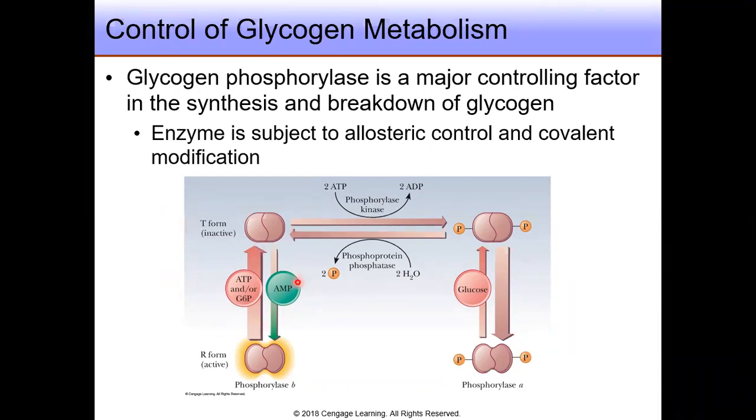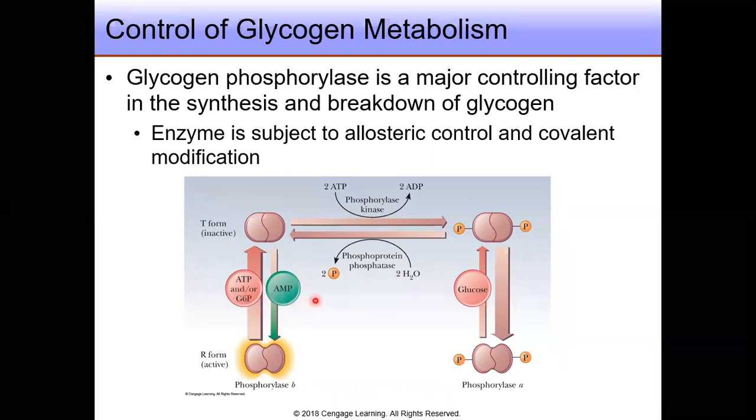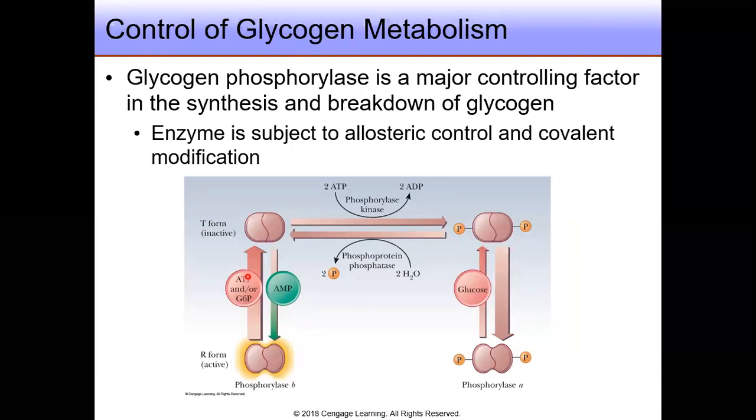Now, in muscle, however, the main allosteric effectors are ATP, AMP, and glucose 6-phosphate. When the muscle uses ATP, AMP builds up. The increase in AMP stimulates formation of the R state of phosphorylase B, which is active. When ATP is plentiful or glucose 6-phosphate builds up, these molecules act as allosteric inhibitors, shifting the equilibrium back